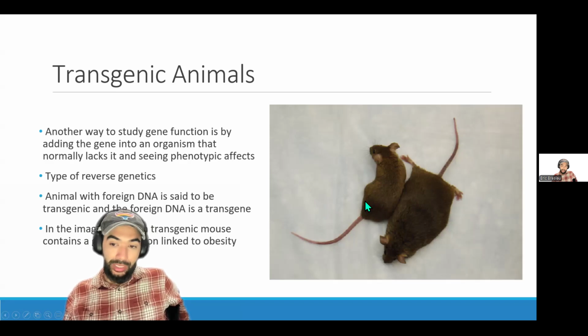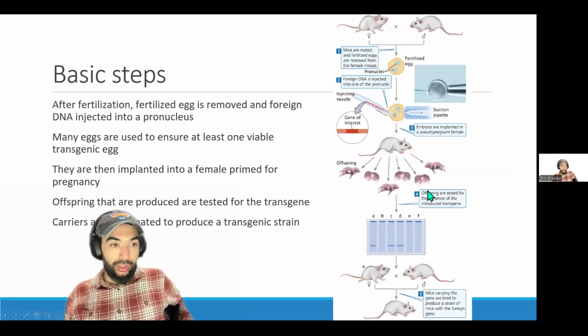And so the image on the right, what we're seeing is this mouse was transferred a gene linked to obesity, a mutation that causes obesity. And so this was to help show support for obesity being linked to genetics. And so there's some different ways, but basic steps that I'll go over is the way that we can create transgenic organisms: we have two mice, male, female here,